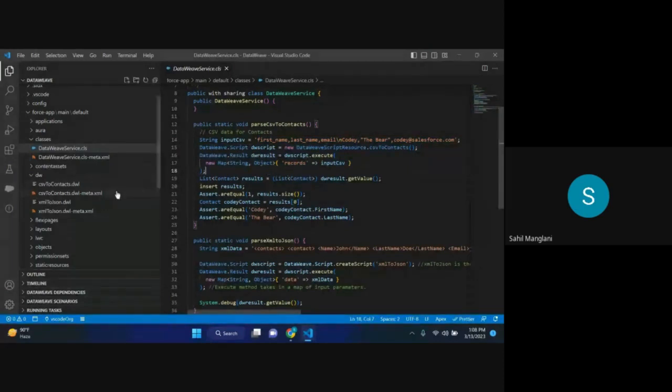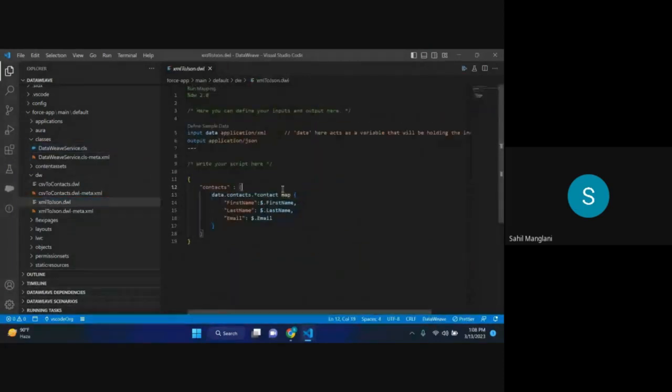Now the second example is for XML to JSON. Here I have provided input data of application/xml and output data of application/json, and we can execute some logic also. It has a full doc tutorial, we can also go through that. It has some script like contact. Then we are going to map a contact with the first name, last name, and email, and produce that contact